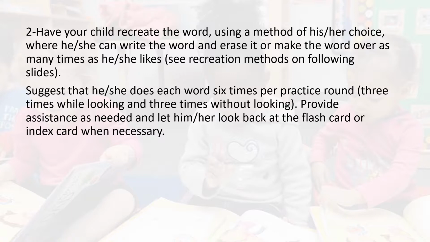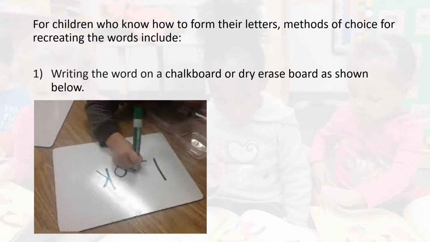Suggest that your child does each word 6 times per practice round, 3 times while looking and 3 times without looking. Provide assistance as needed, and let him or her look back at the flashcard or index card when necessary. For children who know how to form their letters, methods of choice for recreating the words include writing the word on a chalkboard or dry erase board as shown below,